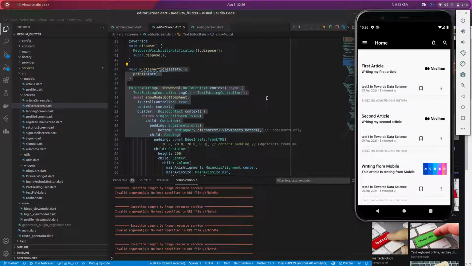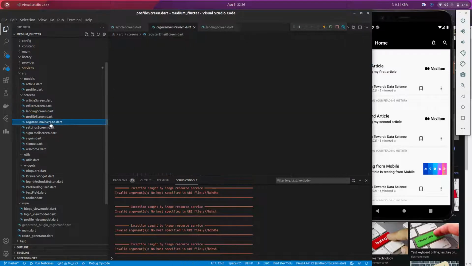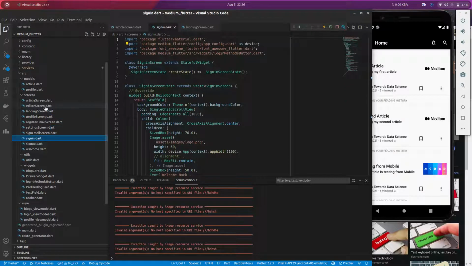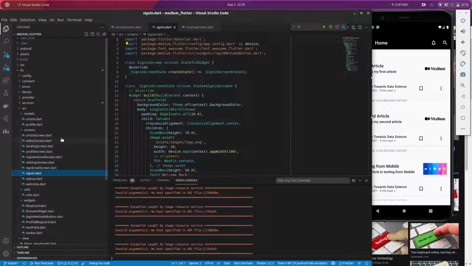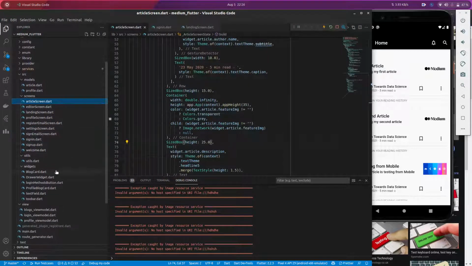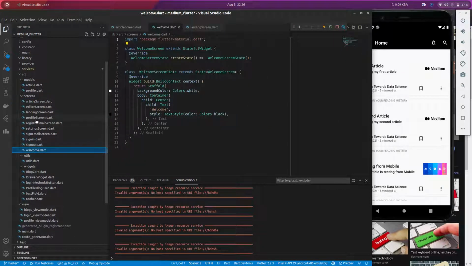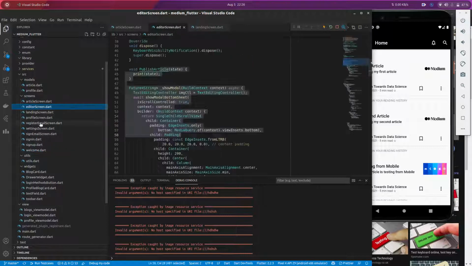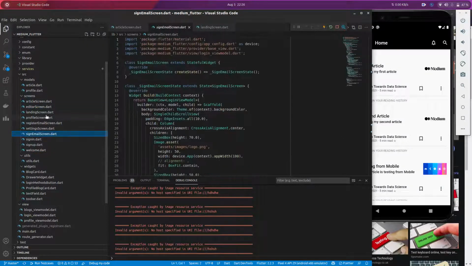So these are all the screens, you can go through them one by one, like the profile screen, register email screen. I have this working model for you all. I will not go for scratch building, like building with you. You can all do that on your own. I will be sharing all the repositories, and I will be there for you all till the end. If you encounter any problem, feel free to contact me in the comment box.